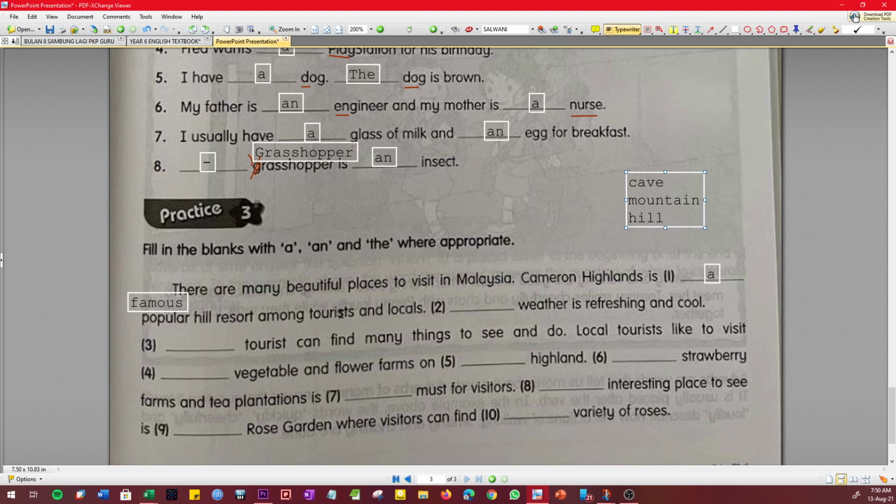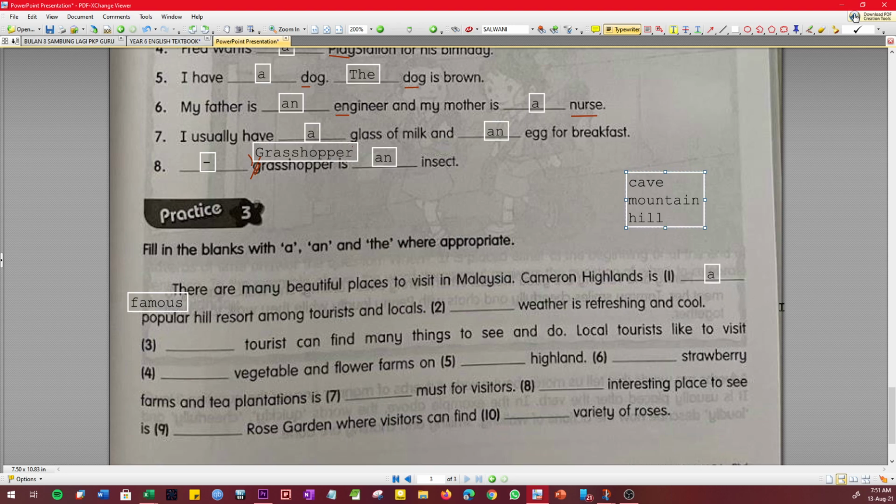So here result among tourists and locals. Tourist means pelancong. Locals mean orang tempatan. Ni kamu kena tahu ni. Kamu memang kena tahu perkataan ni. Kena tahu bila nak guna dan boleh guna. Locals maksudnya orang tempatan. Tourist maksudnya pelancong. So these are the word tourist. The opposite word for it is locals. Ataupun antonym dia adalah locals.